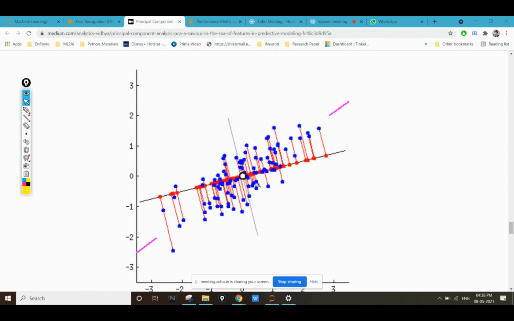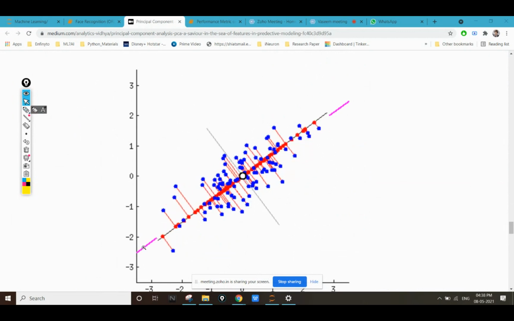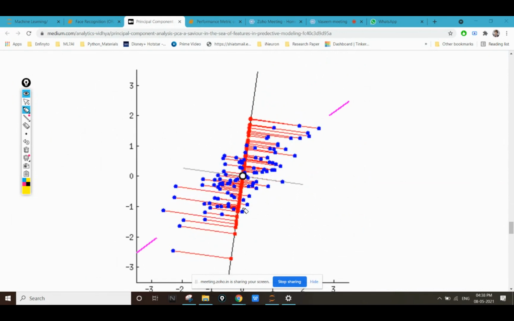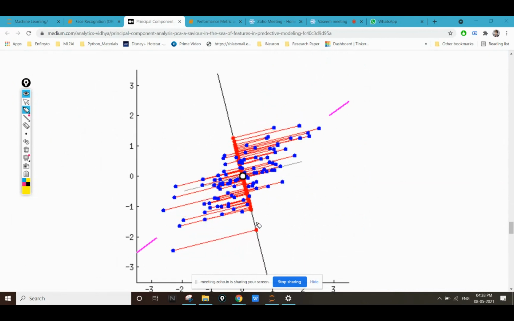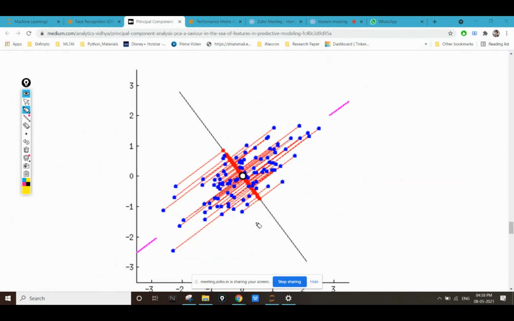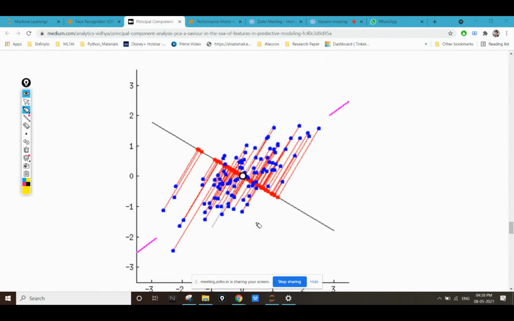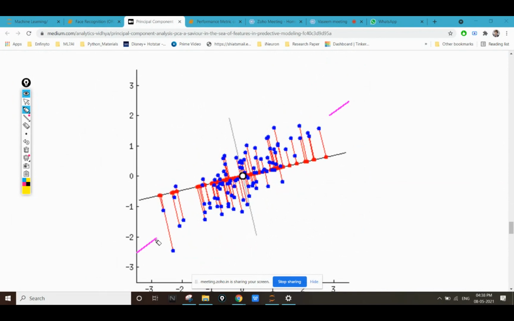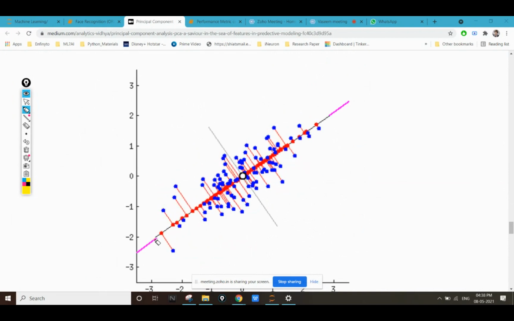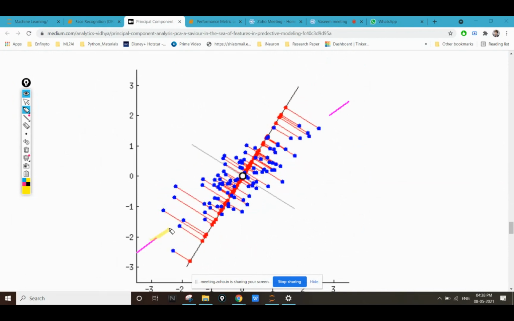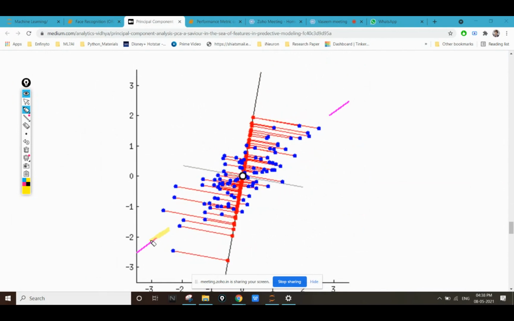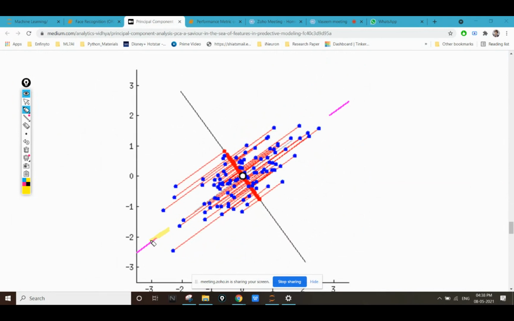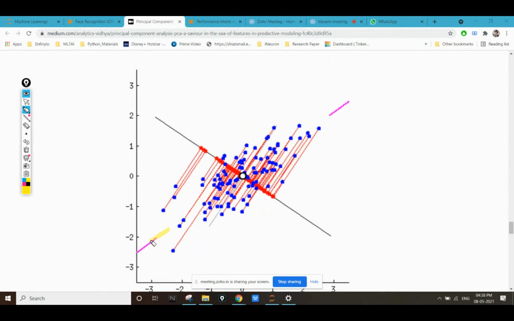As the best fit line cuts this pink line, you can see that all the projection points, which are the red points here, are at the farthest distance possible when this black line is cutting the pink line, or when this black line is parallel with this pink line.